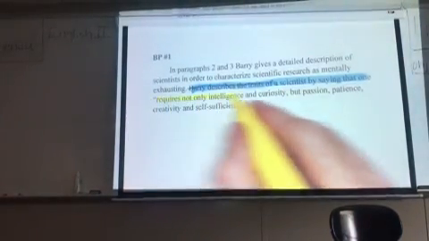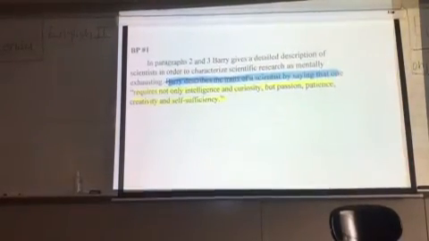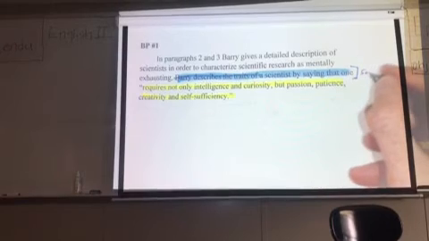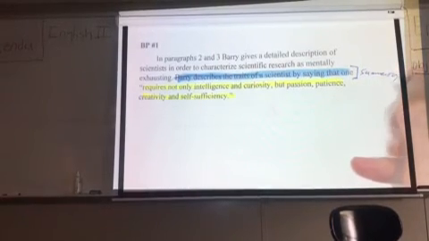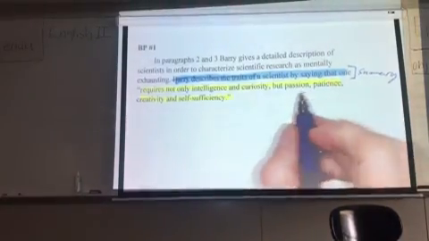So we have our quote here, but before that, we have the short summary of paragraph 2. Again, to show our readers that we know what this paragraph is about. Now our job is to look at this quote